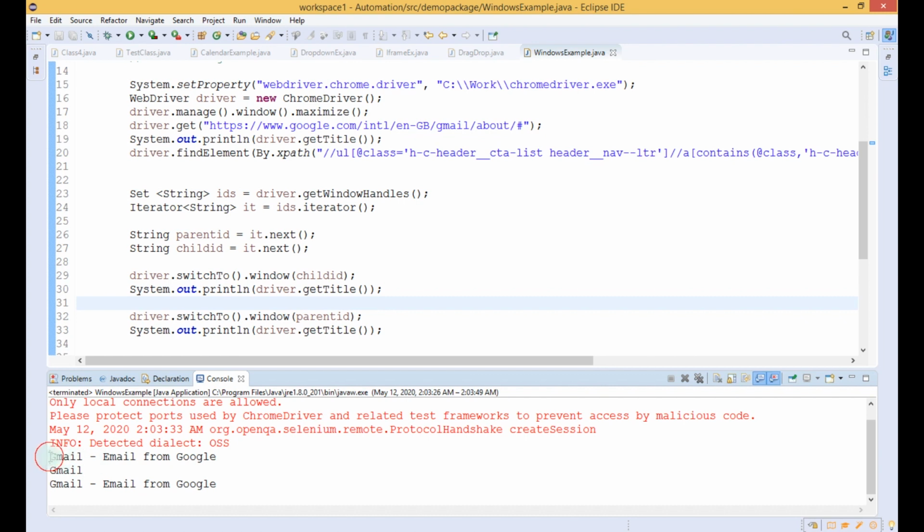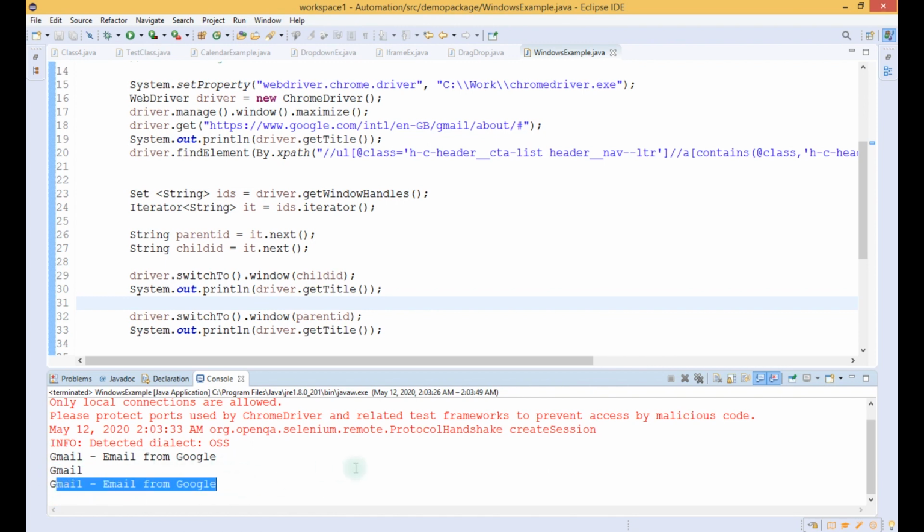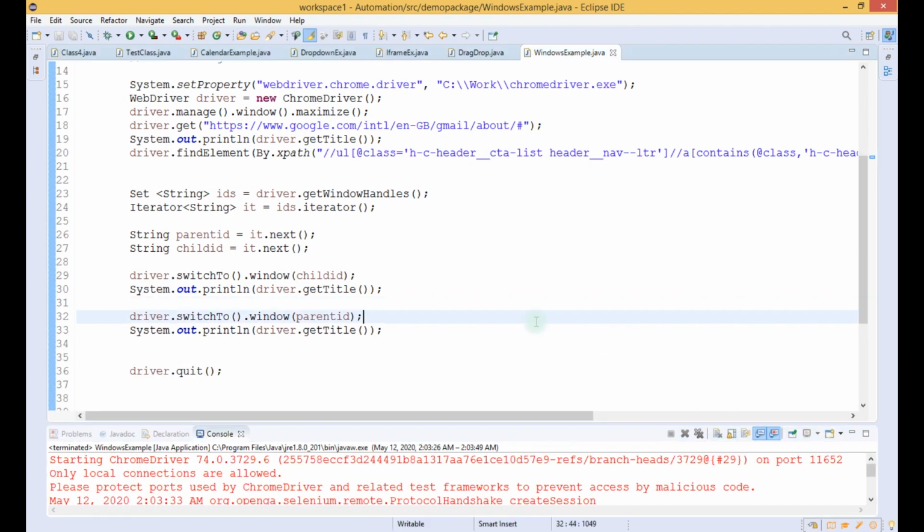The first one is the parent window title, that is Gmail, email from Google. After that it has printed the title of the child window which we have switched to, and again it has printed Gmail, email from Google, which is the title of the parent window. So this is our code for switching to the child window and switching back to the parent window.